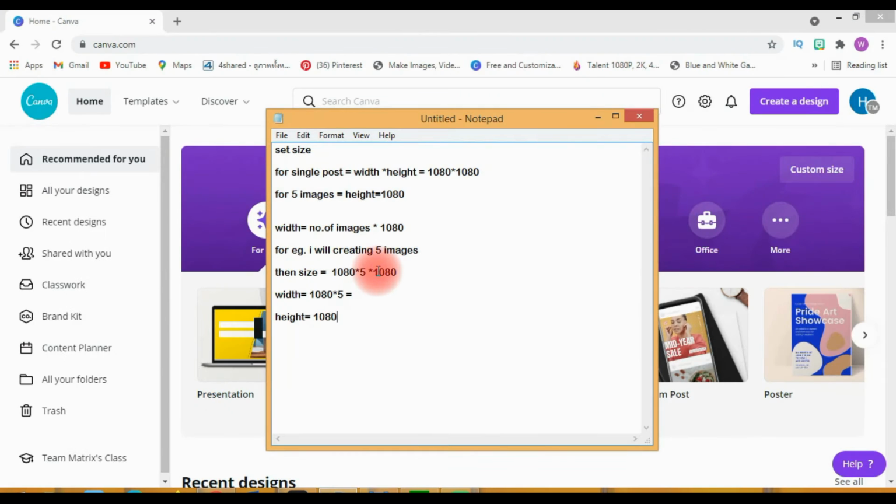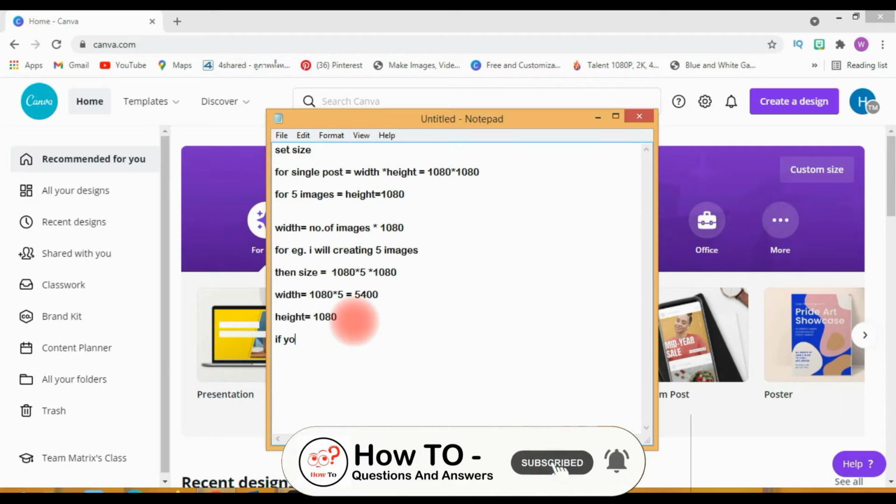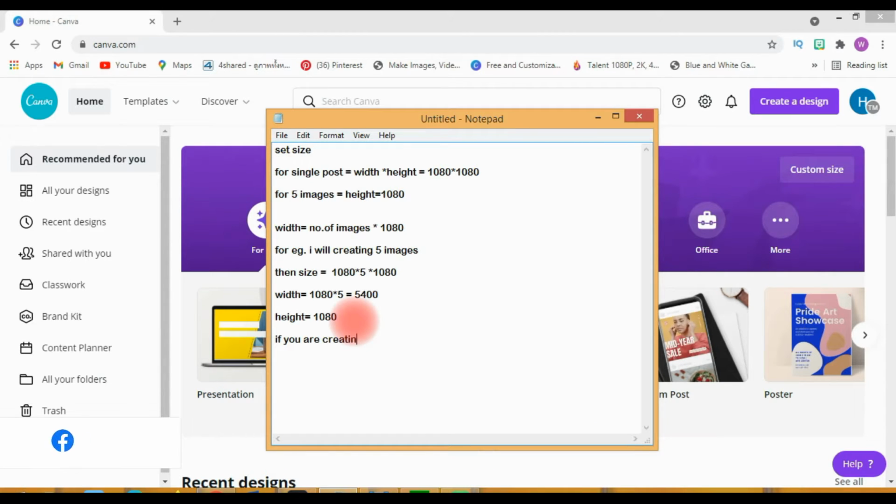So if you are creating a slider of 5 images, then the size is 5400 by 1080. The height will be 1080 and the width will be 5400. In this way you will set the size.